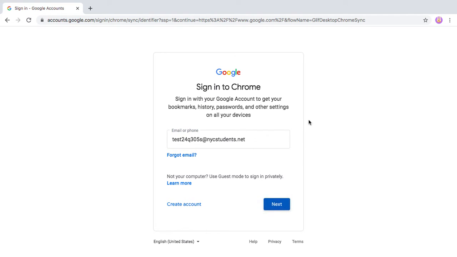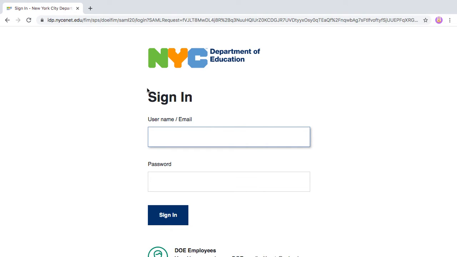Now so we're on Google. That's why we had to tell them which company, which place, nycstudents.net. Now I'll press next. Now we're in New York City. So we don't have to type the ends, the at NewYorkCityStudents.net anymore. So now you just type the beginning, everything before at NYCStudents.net.